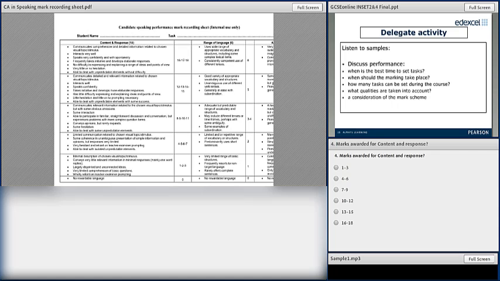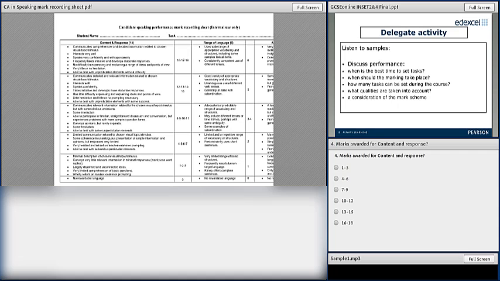At the end of each extract, you have 3 polls that correspond to the grids in the mark scheme, and you have to choose a band. So if you can bring on the first listening extract.